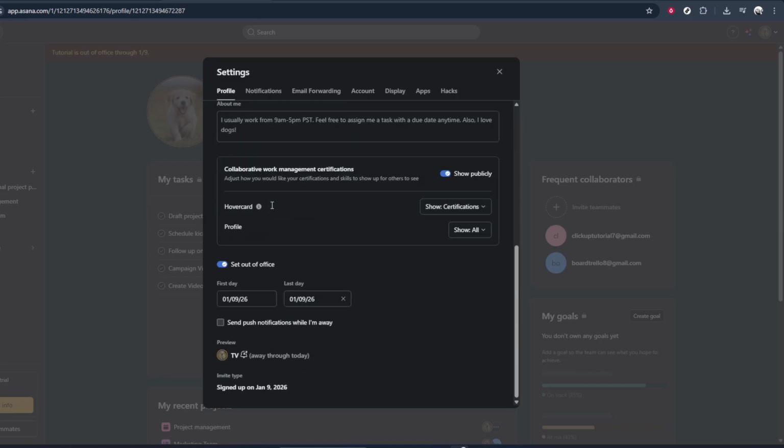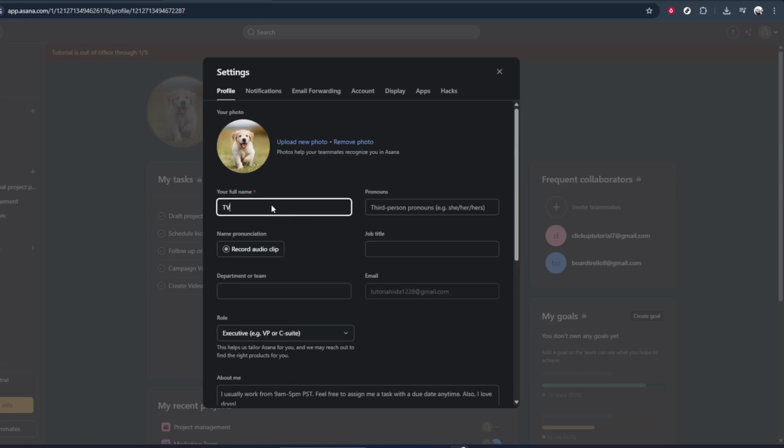You might choose your full name, a preferred nickname, or update your last name if it has changed. Take a moment to double check your spelling, because this is how colleagues will identify you in projects and task assignments. It's a good idea to keep it professional and consistent with how you appear in other work tools your